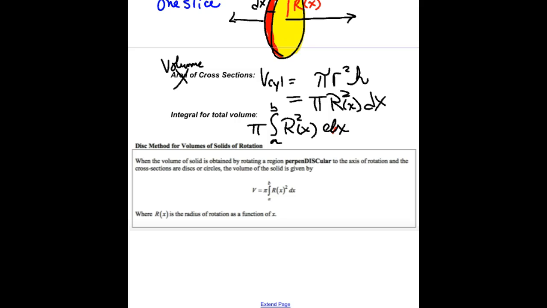So here's the formula, and I'm going to have you write it. This is the formula when you're revolving around a horizontal axis, so then your representative rectangles right here are what we call dx's. But if I'm going to rotate the other way, so let's go, I'll slow down a little bit here. Suppose you're going to rotate around a vertical axis, and maybe you had this function, and you're going to go that way,